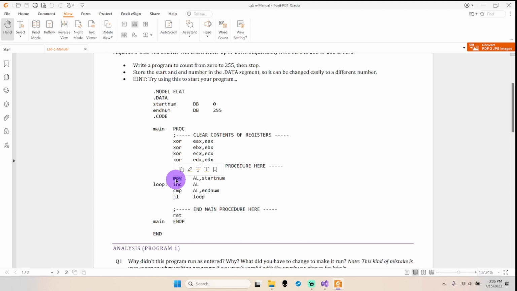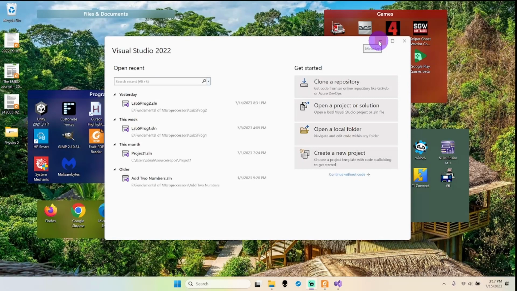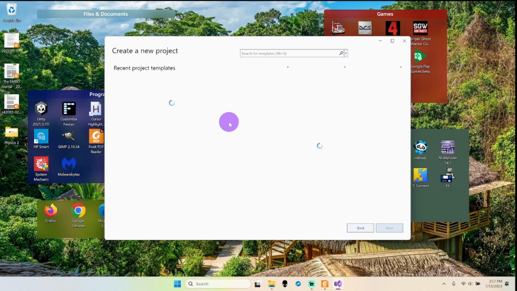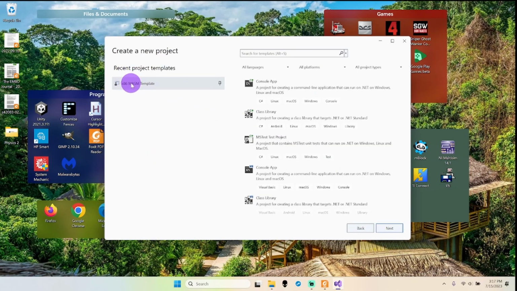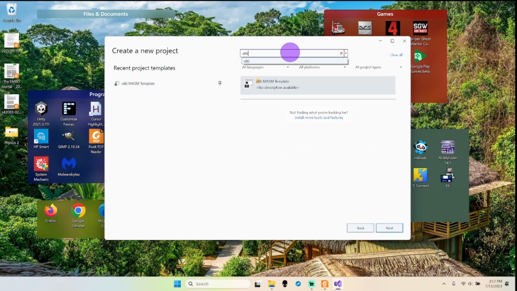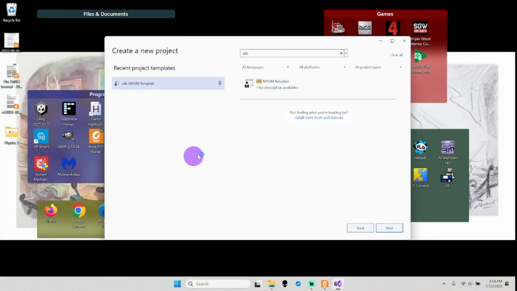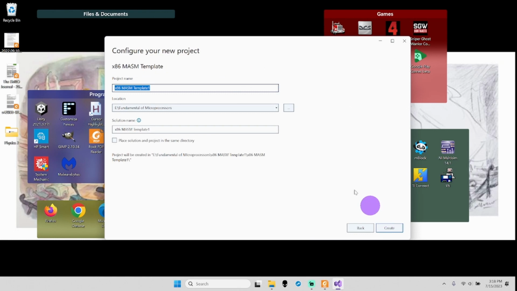Okay guys, let's go ahead and open up our Visual Studio and continue on. Now here's my Visual Studio. Let's go ahead and click create a new project. Either find your template up here by typing in x86, or in my case I have it right here. Select it, click next. We're going to go ahead and name it